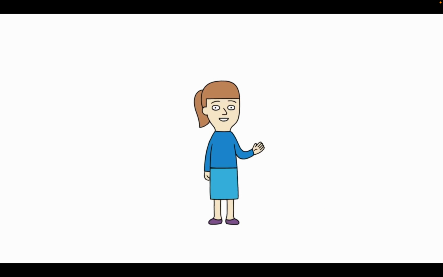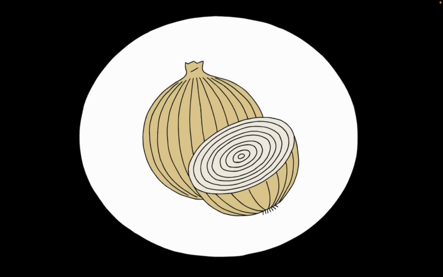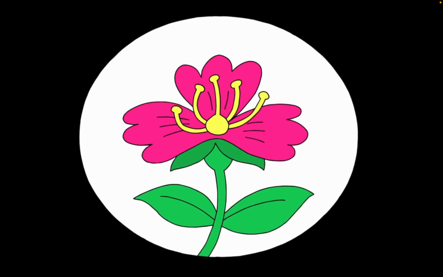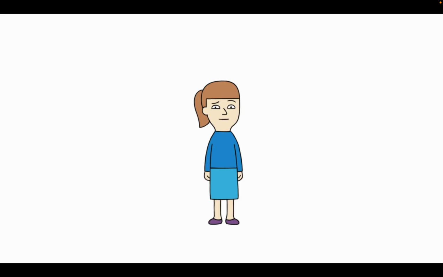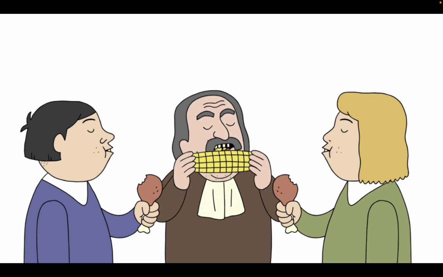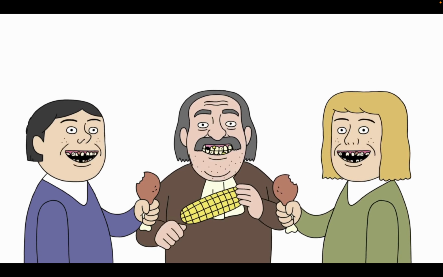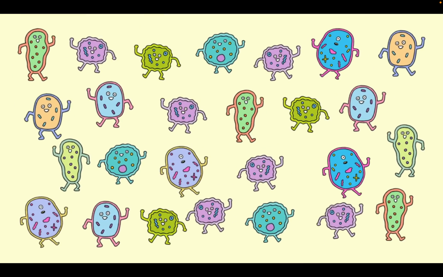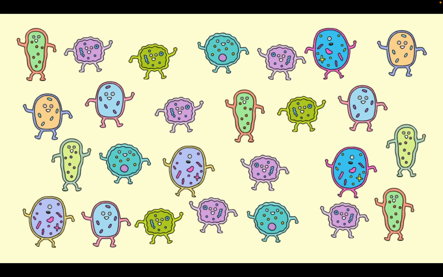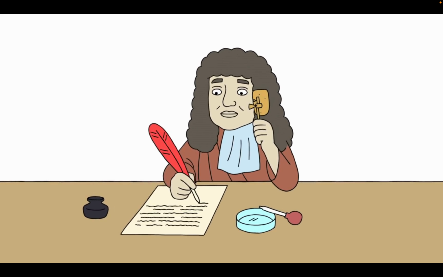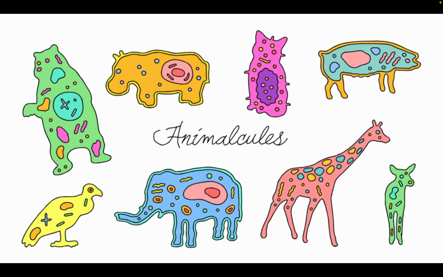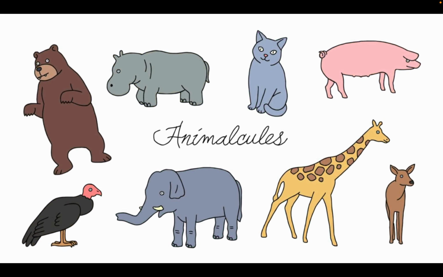Anywho, once Leeuwenhoek had his microscope ready, he went to town looking at anything and everything he could with them, including the gunk on his teeth. Yes, you heard right. He actually discovered bacteria by looking at dental scrapings, which, when you keep in mind that people didn't brush their teeth much, if at all, back then, he must have had a lovely bunch of bacteria to look at. When he wrote about his discovery, he didn't call them bacteria as we know them today, but he called them animalcules because they looked like little animals to him.